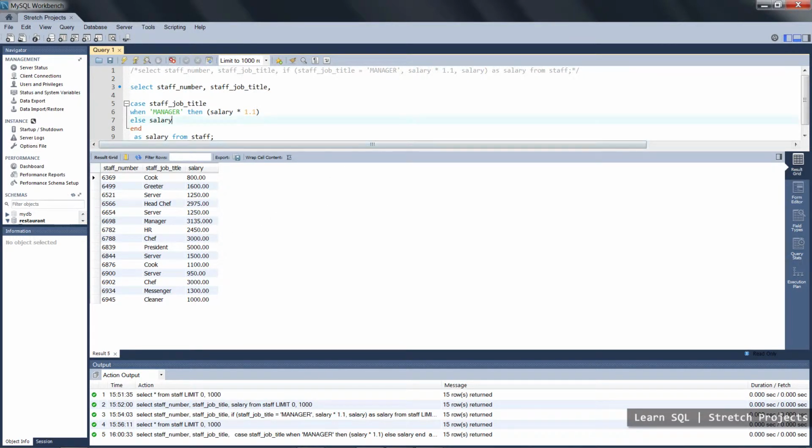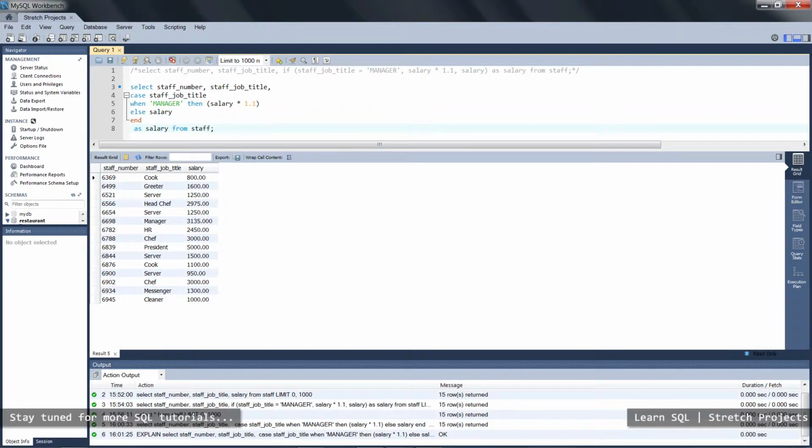As with most programming languages, there are trade-offs when you're using an actual case statement as opposed to an else if statement. And you will need to actually measure the benefits of those trade-offs when you're actually designing your queries, because they will impact performance. So if we comment this out,